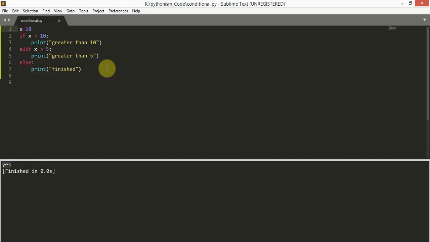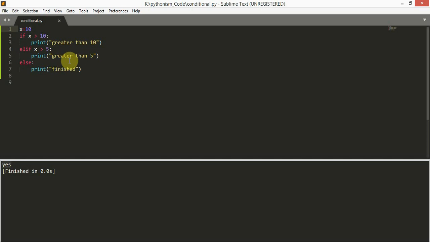So according to our program, it should execute only one statement here. Why? Because 10 is not greater than 10, so it won't execute this print statement. Here we are checking whether 10 is greater than 5 or not. Yes, it is greater, then it executes this one, and it won't go to the else statement because this condition is satisfied.